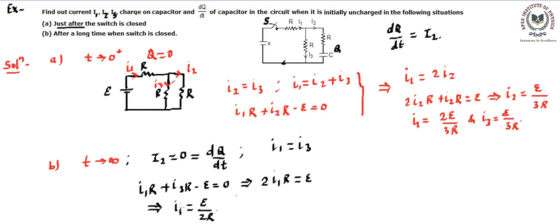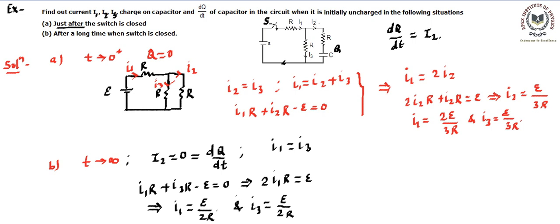So this is what I1 is. So we have got I1. If this is I1, then we can claim what I3 is going to be. We know I3 is the same as I1, so it's going to be E divided by 2R. Now we have got the values of the desired quantities. That means we have found out what I1 is, what I2 is, what I3 is, and what dq by dt is. These are the quantities that have been asked in this question, right?